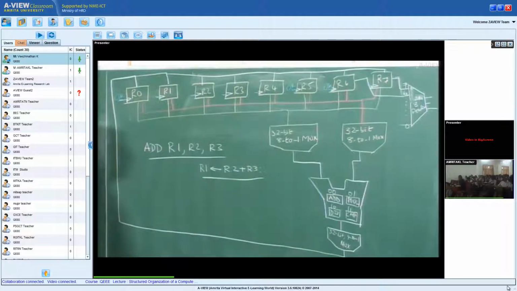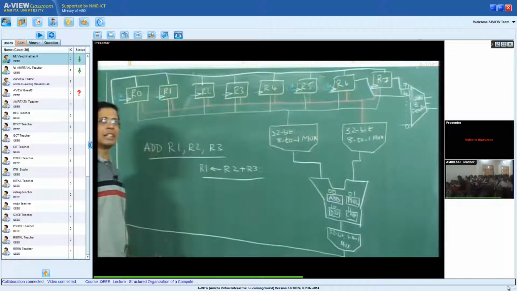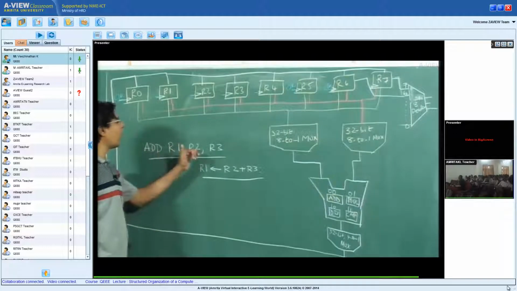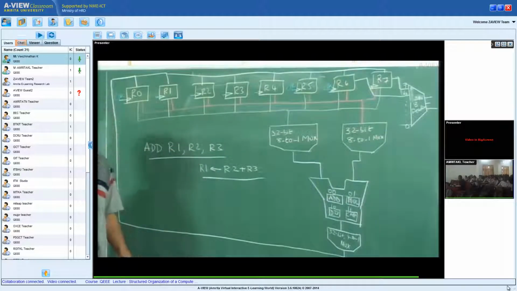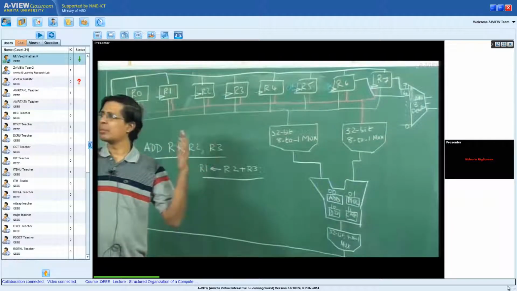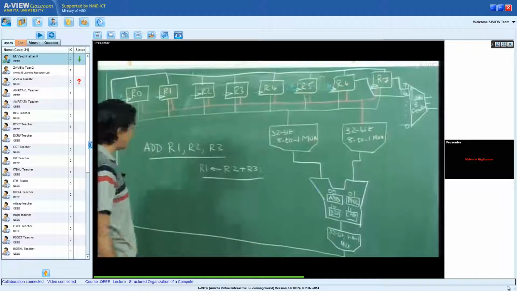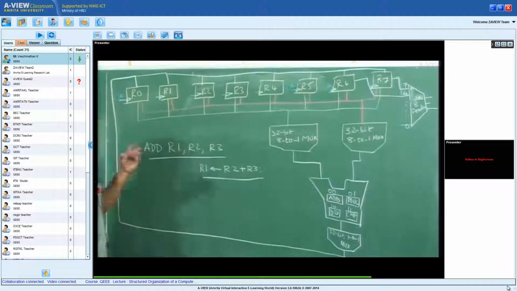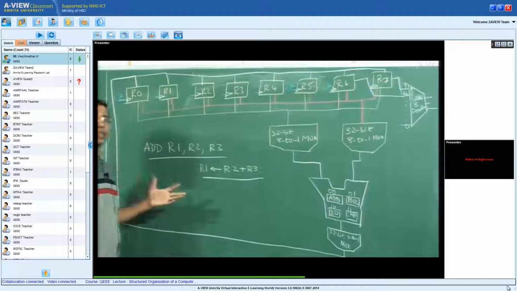As I mentioned in the earlier class, this particular machine instruction, add R1, R2, R3, comprises a set of micro instructions.